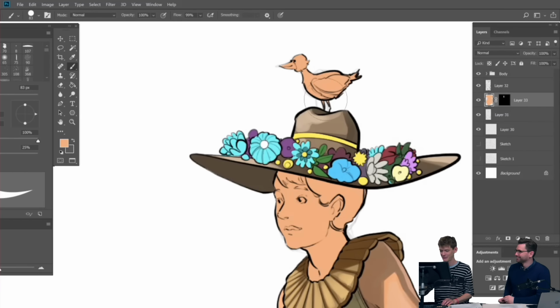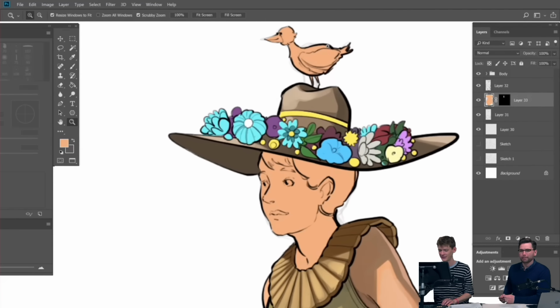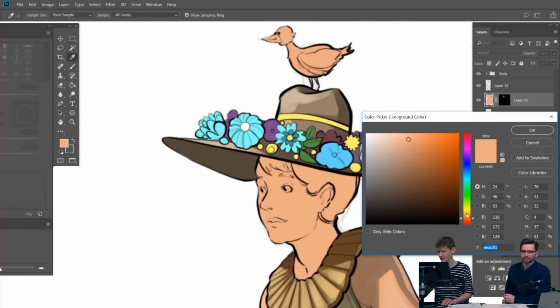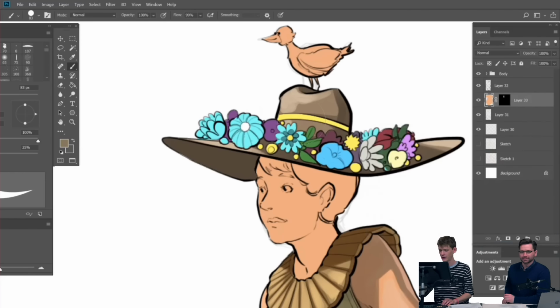So you can see now I can just paint really freely within that mask, and I've easily got that area. Sorry, Jess, I've forgotten your hair color temporarily. I'm just going to go with a sort of in-between, blondie brown. So just painting that into my mask now.